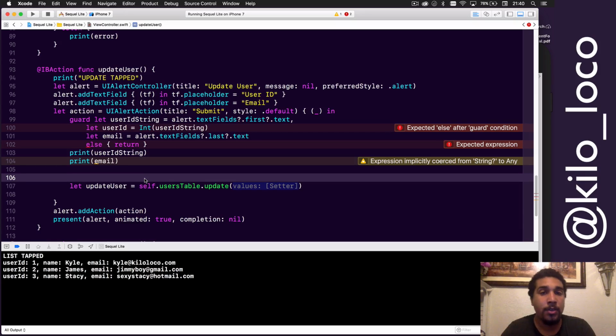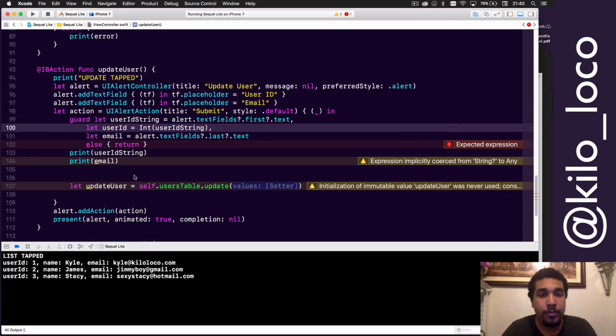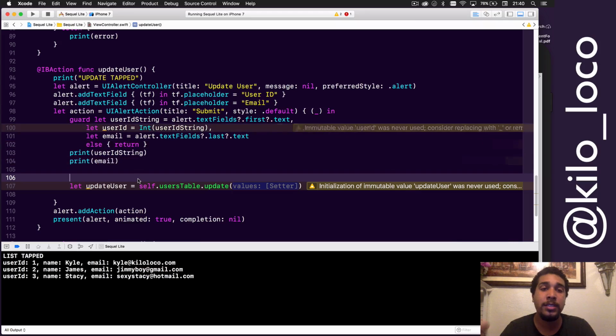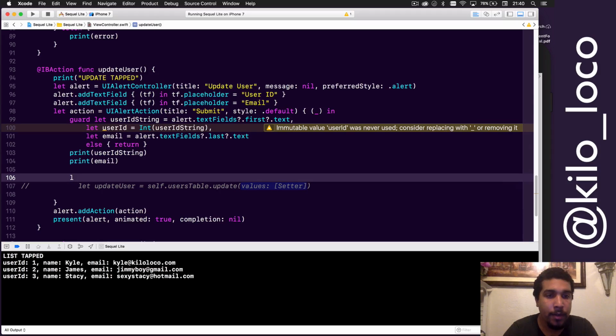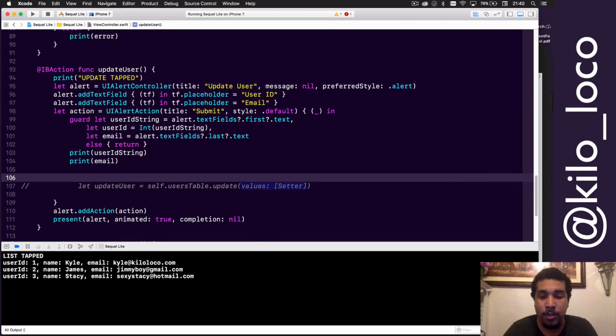But that's not all that we need to do. Oh, don't forget the comma. That's not all that we need to do. We actually need to go through the database, and we actually have to make sure that we get the right user, because we need to have access to that user so that we can specify we want that specific user to be updated. So let's go ahead and do that. In order to do this, there's a filter. Oh, actually, I don't think I did this right. Let me comment this out for right now. So let's say we want to get the user. So let user equals